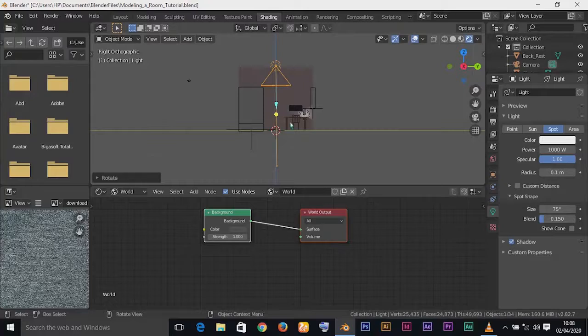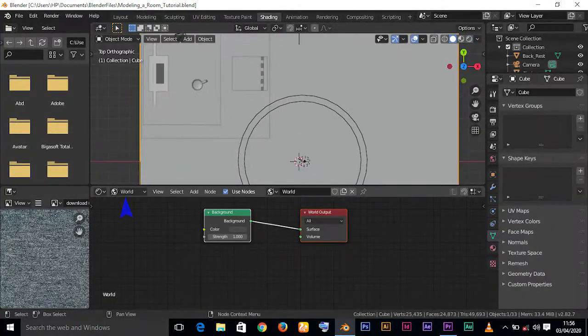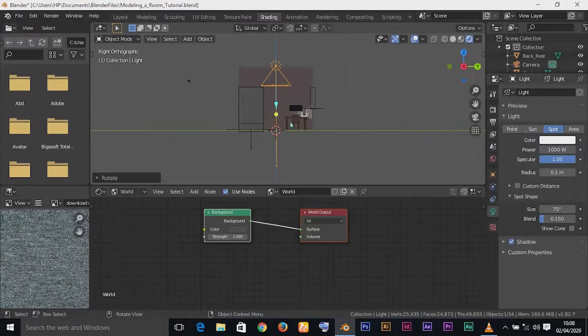So if you look at this down window wey you dey see for here by your left, you go see say na word dey there. For your own, na object go dey there. So if you see object for there, you go fit change am to word. So from word now, if you see your node for your screen, the first node wey you dey see, wey you dey see background on top one, this green one, if you press the box wey dey in front which says color, you go fit change the color of your word to anything. You go fit experiment to see the result wey e go give you. So now I don rotate my lamp like so,